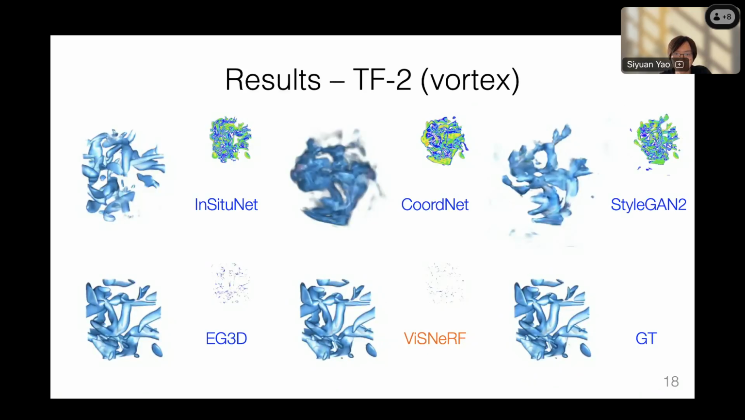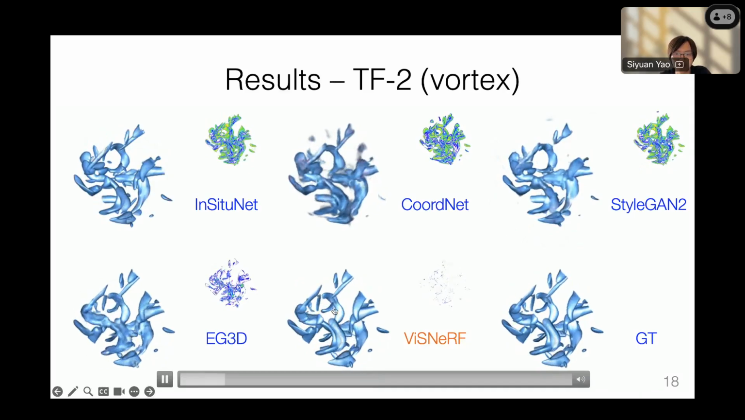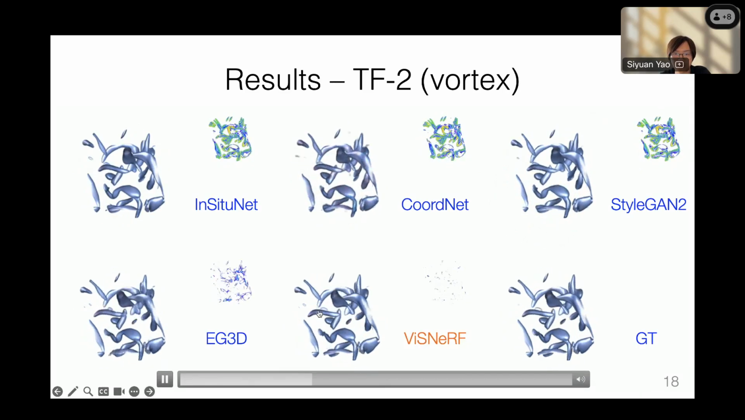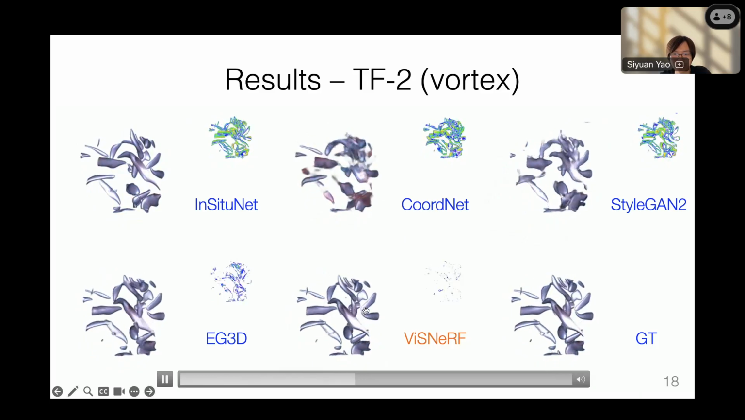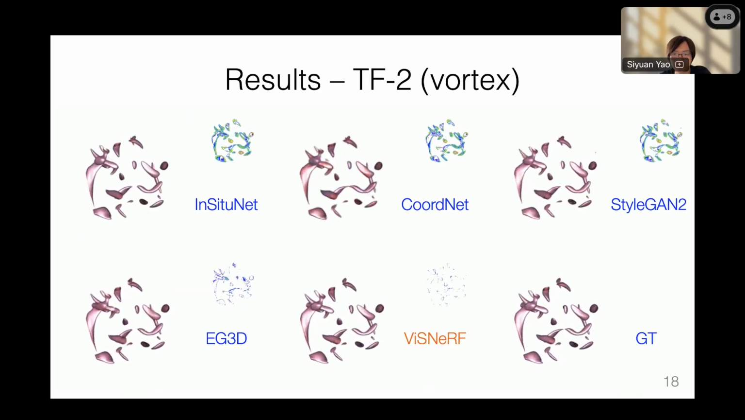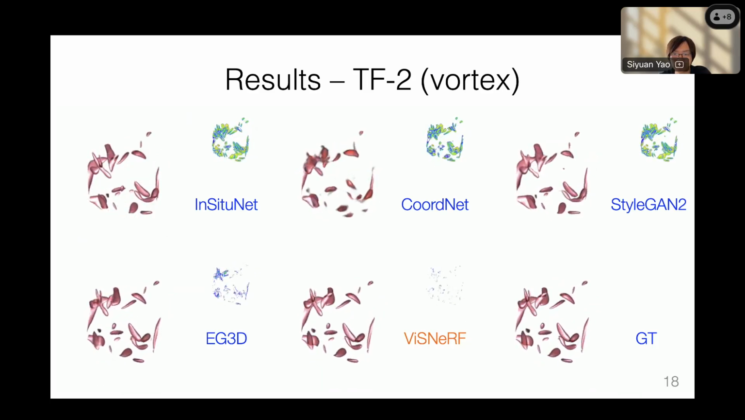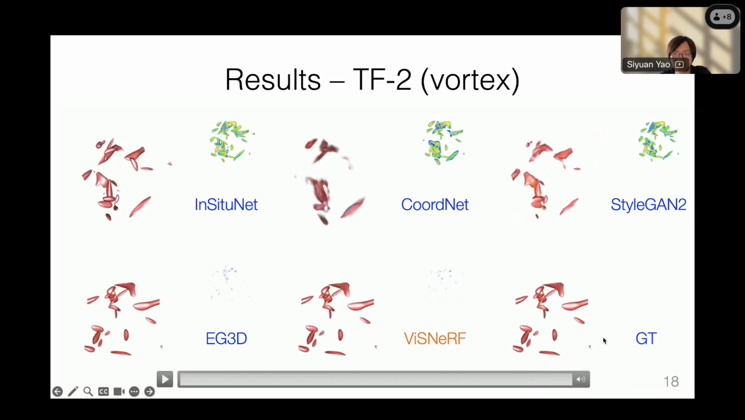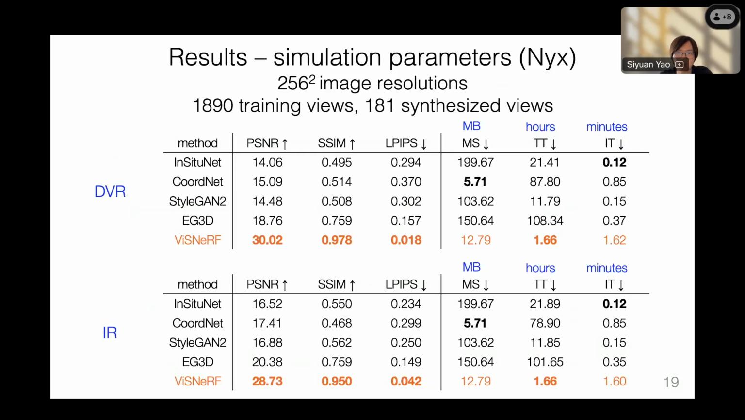In another example here, you can see the change of color and also visible regions. And the last example is